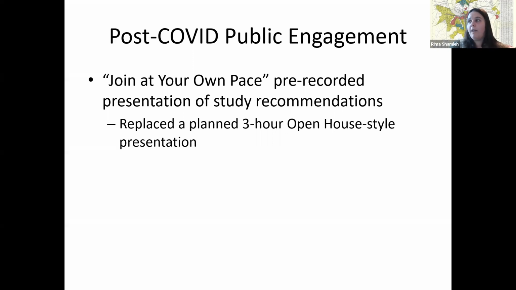And then, so post-COVID, we got the first half of our public engagement done initially, and then we went to the ideation phase, started developing ideas on recommendations, took all of that data, processed it and crunched it, and started formulating recommendations. And then we were going to go back to the community with a 3-hour open house style presentation, so that people can walk through and peruse displays of different recommendations throughout the study area and respond to it in more of a casual dialogue.